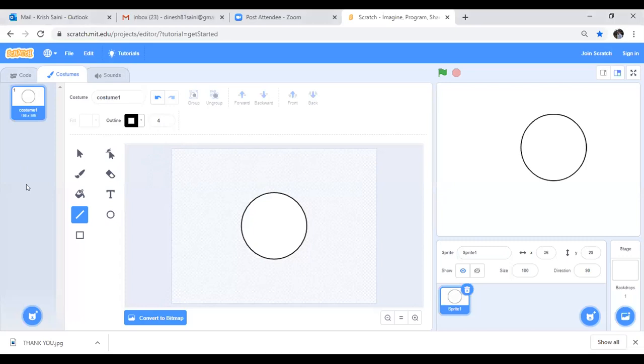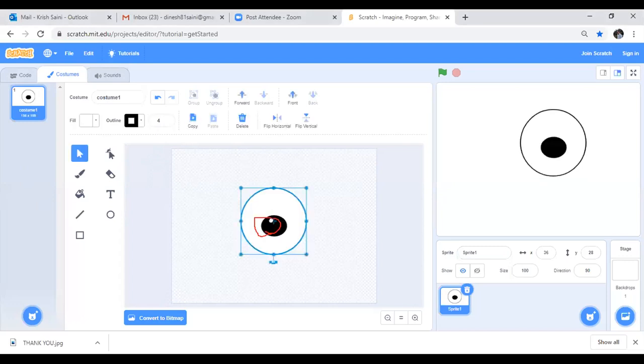Just give me 1 second. Let me just help Krish, then I'll come. You will have a smaller circle, then you will have a bigger circle. So now make a smaller circle in the center and fill it with black color. Very good. Now do convert to bitmap.